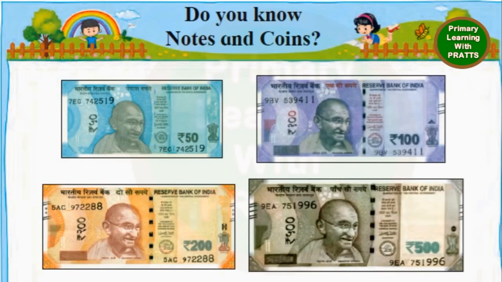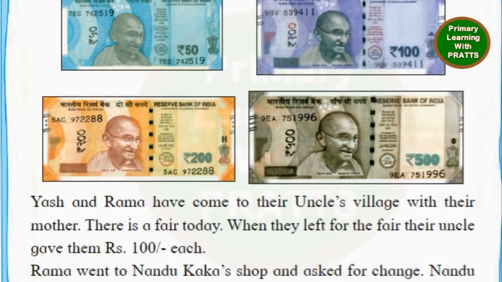So in today's lesson, as we have already said, we will learn to break down rupees 100 into smaller denomination, that is into change. Whenever we go out, the first thing our parents always check is if they have enough change. When we step into a bus, we always ask the conductor, do you have change? When we sit in the rickshaw, we ask them, do you have change? So having change is very important, and that is what we are going to learn today. So now let's read what our lesson is saying.